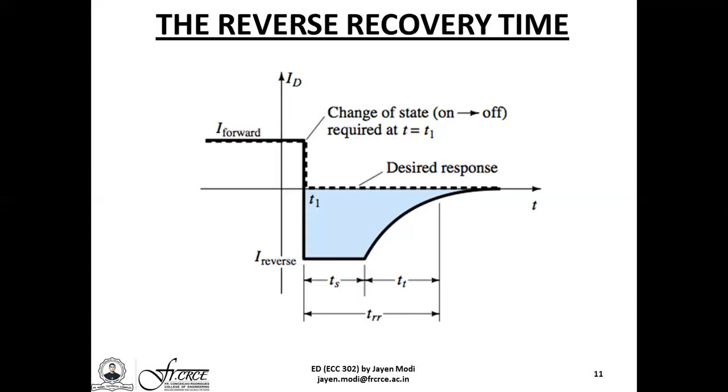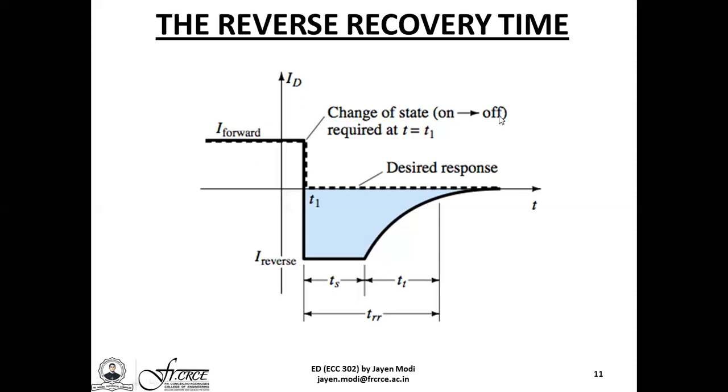This is what we see when we have the diode current ID plotted as a function of time. Time t1 is the particular instant when the transition from the on state to the off state, that is from forward bias to the reverse bias condition, takes place. However, what is seen is that practically this cannot be experienced, as the flow of majority charge carriers through the diode does not cease right at the moment when the reverse bias is applied. They will in fact take a finite amount of time before stopping, and this time taken is known as the reverse recovery time of the diode.